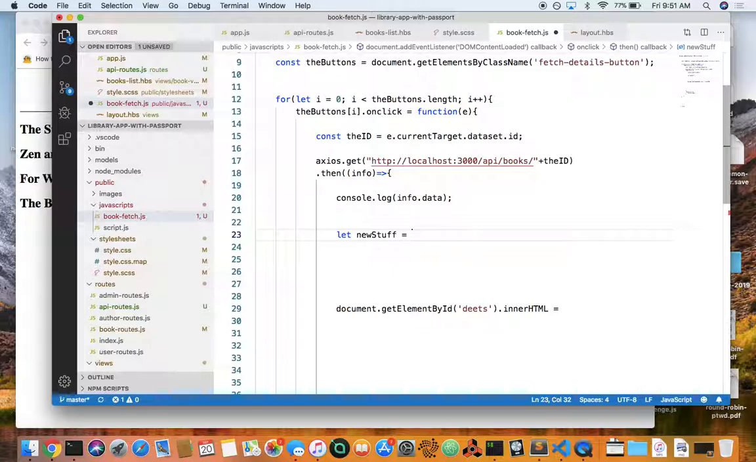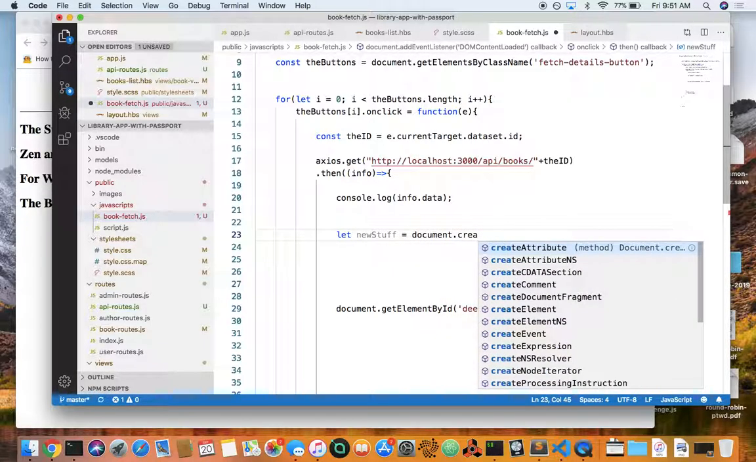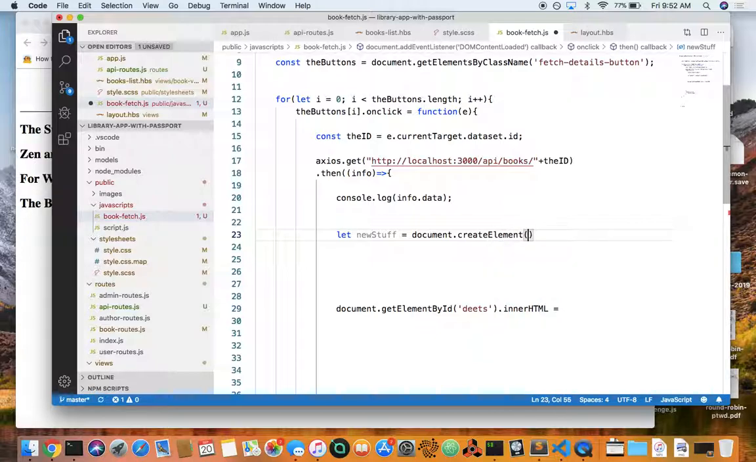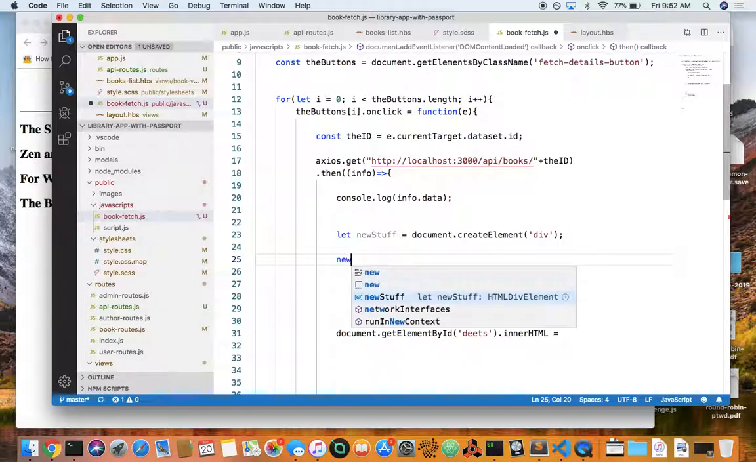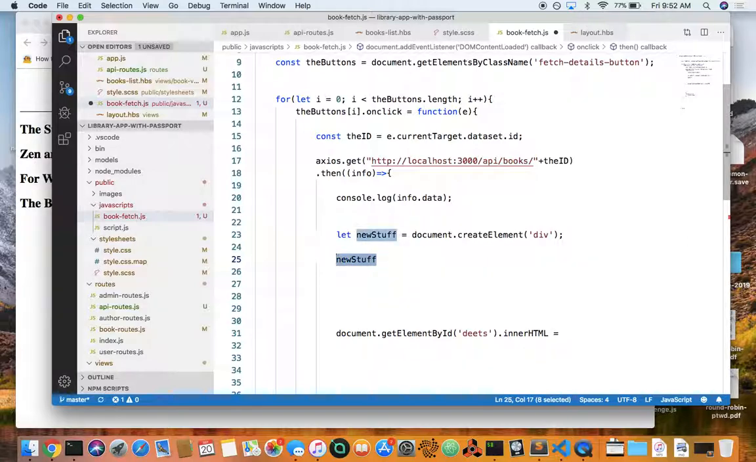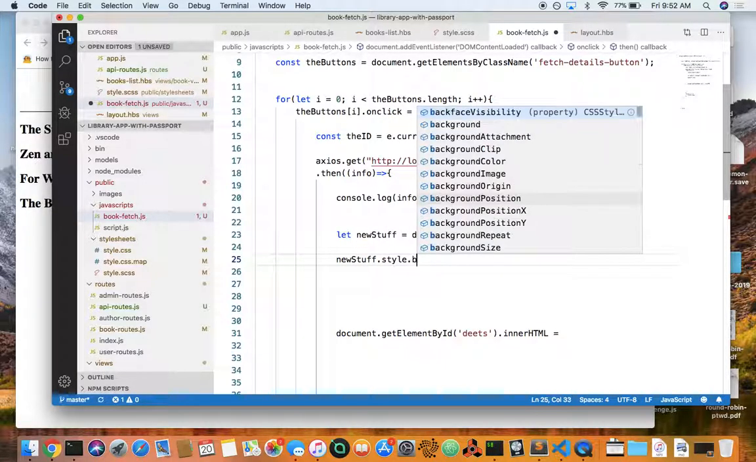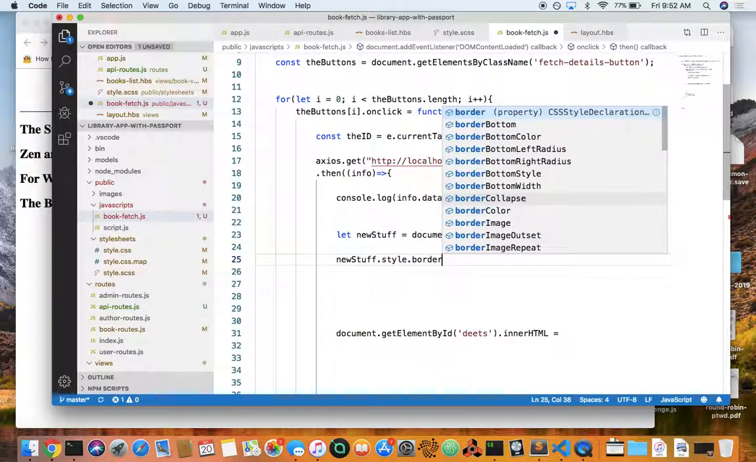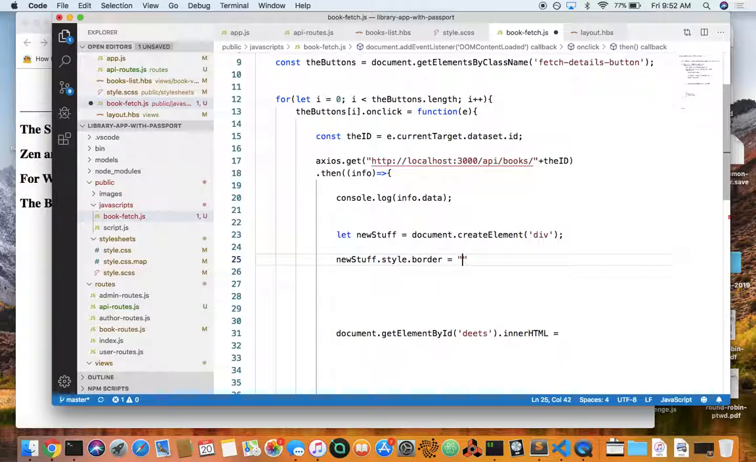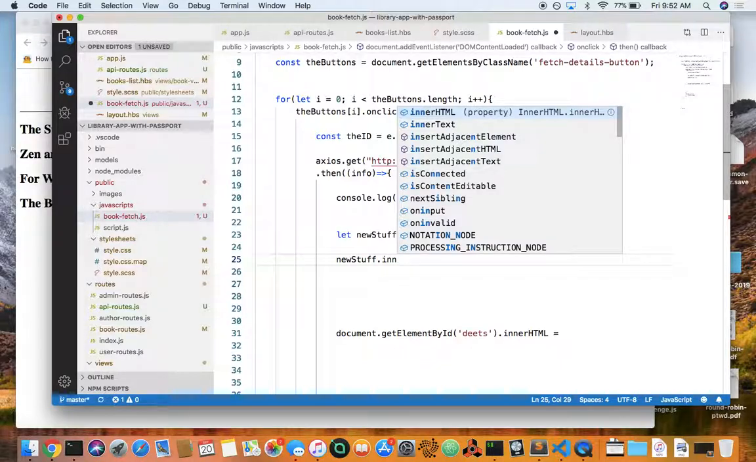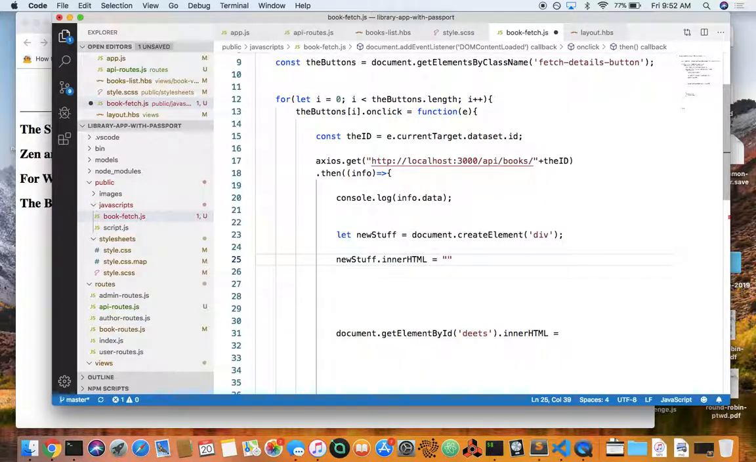what should we do? Okay, document.createElement, parentheses, div. Okay. newStuff.style.border equals, actually let's not do any of that fancy stuff. Let's just append the stuff. Okay. We're going to put the div, we're going to say newStuff.innerHTML equals, and we'll put